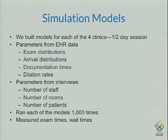Other things we got from interviews. So, talking to the clinic staff, how many ancillary staff members do you usually have during clinic? How many rooms are you using? How many patients are typical during a half-day clinic? And even though we did interviews with staff members, we still validated a lot of these values from the EHR,